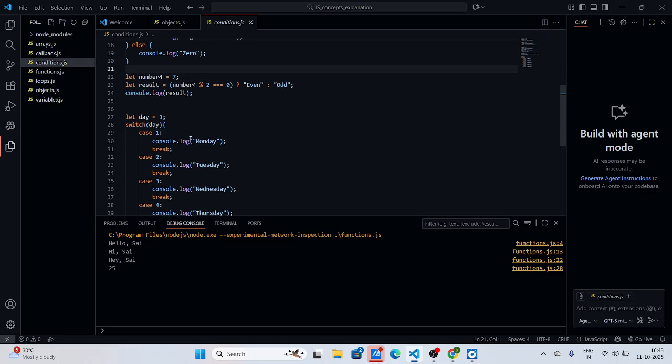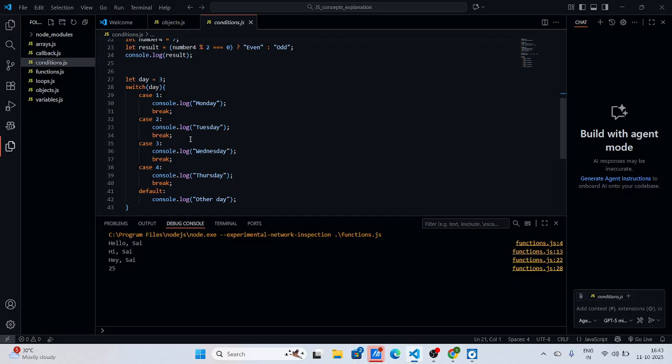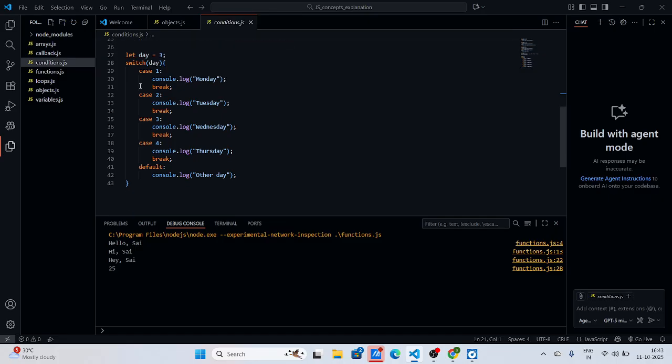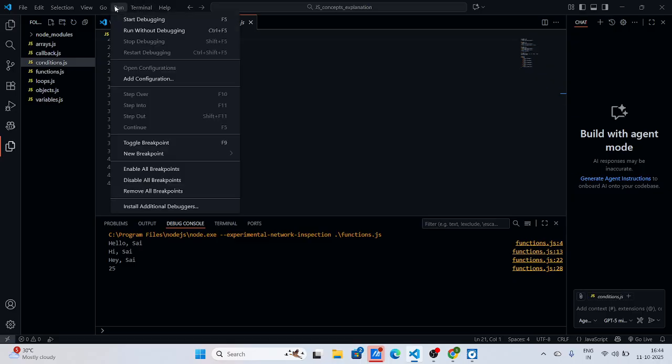Since the condition fails here, the output odd will be stored in the result and we can print the result. Now switch case: when you have multiple choices and you want to print something based on a particular choice, then you use switch cases. For example, day is a variable and we put the variable inside the switch, and based on the value of the variable we get the output. Since the value of the variable here is 3, we go to case 3 and print it: the day is Wednesday. And if you try to run it,